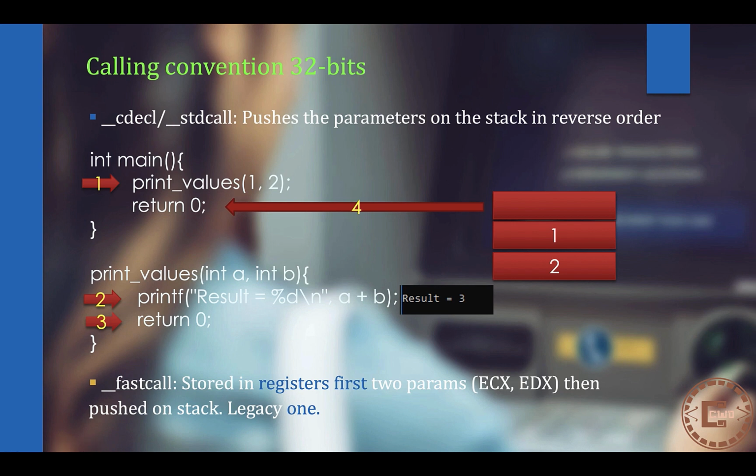The first two parameters are stored in ECX and EDX, and then after that they are pushed on the stack. So instead of these, like you see here, which store everything in the stack, in this fastcall the first 2 parameters are stored in ECX and EDX, and after that they push it into the stack. So you always need to understand what is the calling convention of the program you are